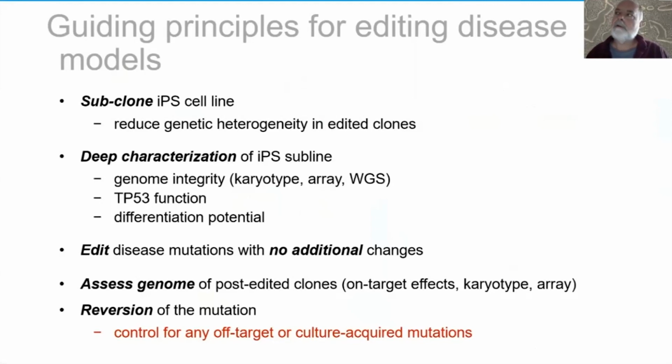So if you imagine that the cell line contained a variety of different mutations in the background of these cells, and that they're not essentially clonal cell lines, you will separate out these mutations in individual clones after editing, during the editing process. So we feel it's really important to subclone the cell line that you're using for genome editing. A second principle is that we really need to characterize the iPS cell line that we want to use